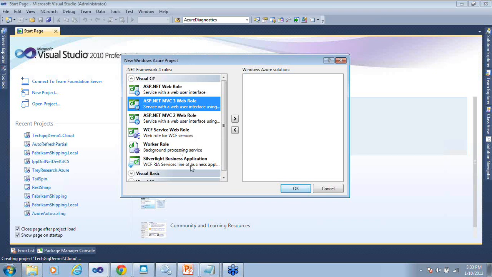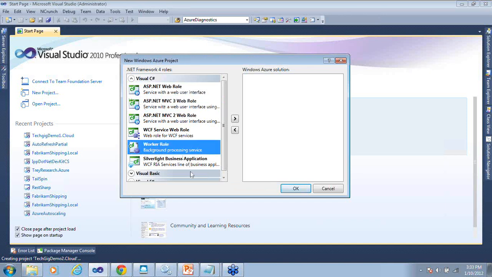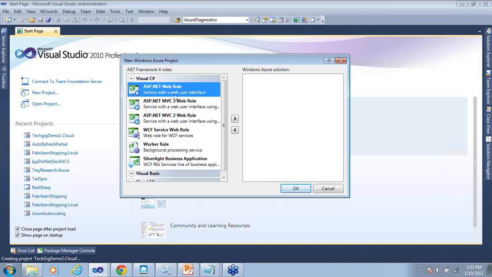Then we also have a Silverlight business application, and a worker role, which I said is for background processing services. For this demonstration, just to keep it simple, we are going to select the ASP.NET web role. I just select it here. You can select multiple roles in the same Windows Azure solution.